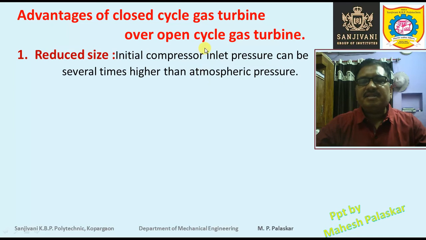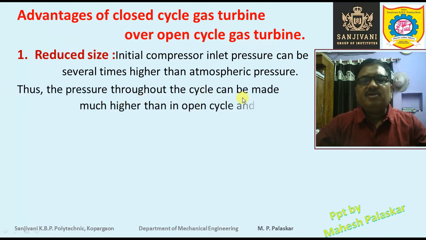of the working substance, because in order to produce a certain amount of power, we require a certain amount of working substance, because that is really responsible for the transfer of the energy and the storage of the energy. Okay, so the quantity of the working substance is very important, and here in case of the closed cycle gas turbine, more quantity of working substance can be accommodated in less volume, because the pressure is increased, and this will reduce the size of the overall system.